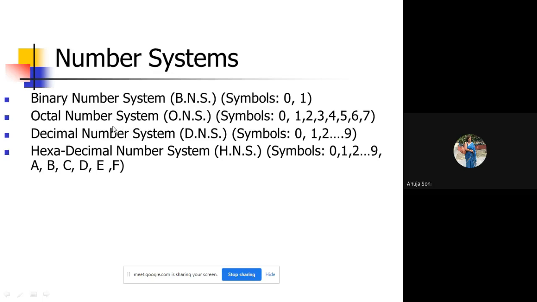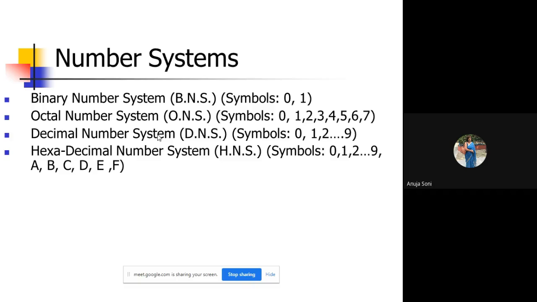Next, we talk about the octal number system. Here we are basically focusing on the different ways of representing numerical data. The same value may be represented in the binary numbering system, the octal number system, the decimal number system, or the hexadecimal number system. Only the way of representation is different, as the value is the same.